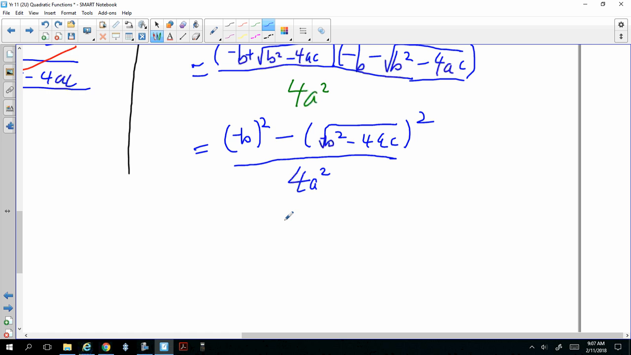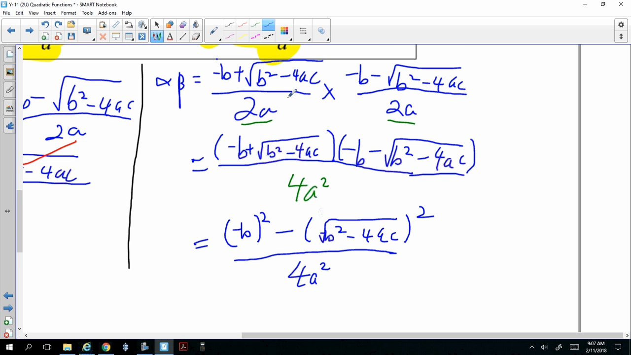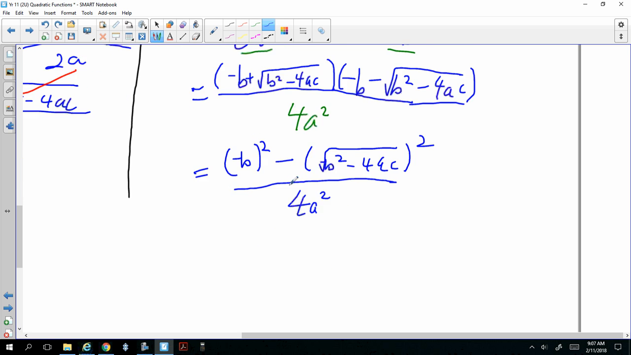See, that's something that's very nice about maths. You start off with something very complicated, but as you simplify things, you get something very simple. Okay, see if we can simplify it. Okay, so we continue. So we get negative b squared, which is b squared. And when you square the square root, it gets cancelled. But make sure you put a bracket there. b squared minus 4ac,